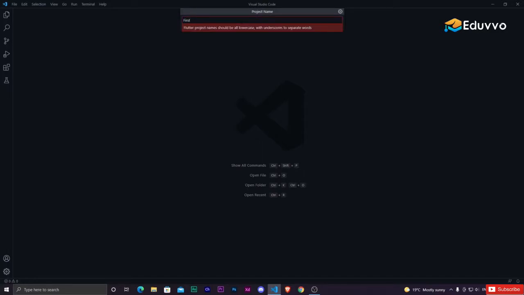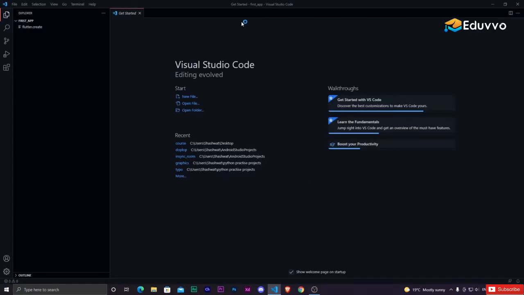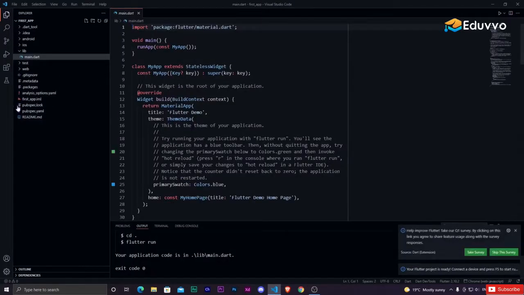Okay, so make sure that all of your naming is in lowercase, because the application name always needs to be in lowercase. And you can write first_app and press enter. And VS Code does everything for you. You can see that it's running the flutter create command, which basically gets all the different packages which are required to build the first application. So you will get all these projects and stuff, and you can see that the first